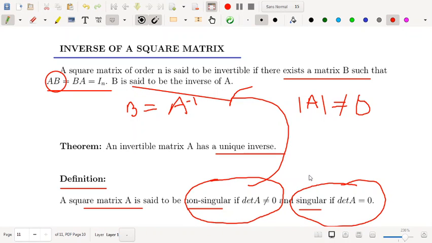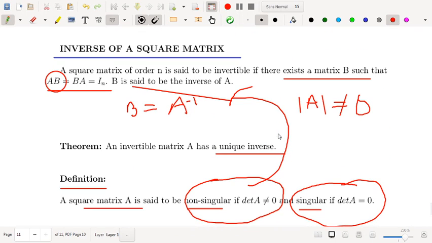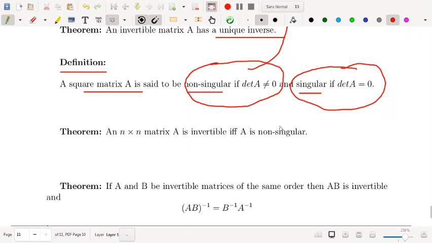Point to be noted, dear students. For a singular matrix the inverse does not exist, but for a non-singular matrix, whose determinant is not equal to 0, the inverse exists. Clear? Also you would have seen in Cramer's rule that the determinant should not be 0 for existence of a unique solution, and if the determinant is 0, there would be infinite solutions or no solution.